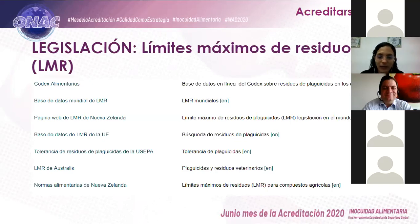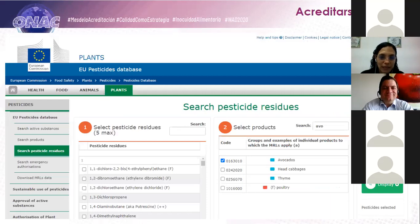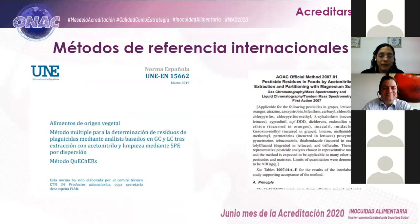Let's just say that there are some databases here where we inquire. There are different ones in the world, and we focus more specifically on this one, which is the one for the European Union, given that we also saw that this was one of the markets that had a greater potential as far as avocado. These are databases that are free to inquire. We started basing on this one to define the molecules that were going to be included within the scope of